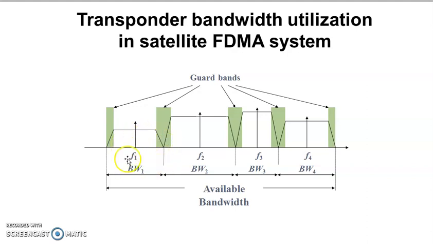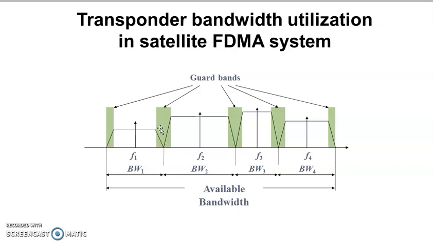This one is about the usable bandwidth for the particular carrier, and they are separated. So you can say these are the portions where we can have a guard band. The gap we have in successive signal spectra is called the guard band. And that guard band, if you see in this particular figure, looks like a shaded one.